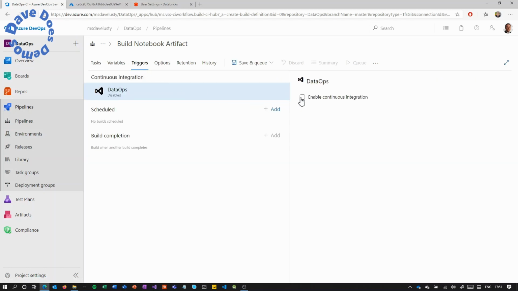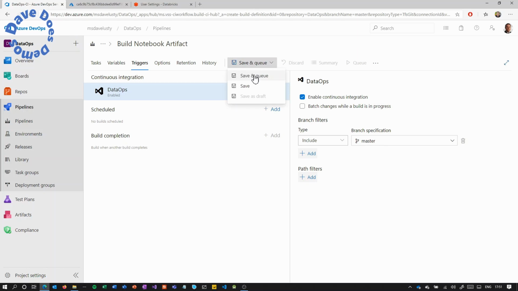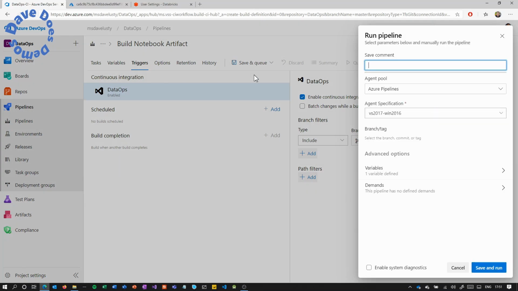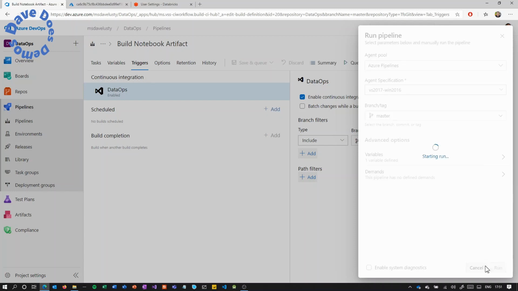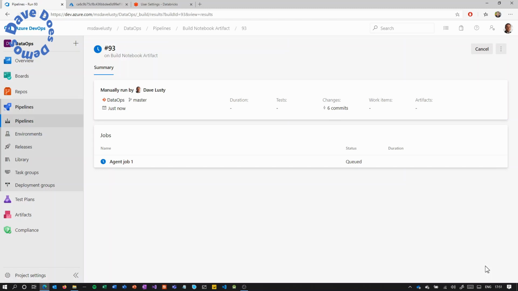So we're going to set the trigger to enable continuous integration. This means that every time we do a pull request into the master branch, which is specified there, that's going to automatically kick off a build. And here we're going to do save and queue. Because this is the first time, that auto trigger is not going to happen. We've already done the pull request, so we want to manually queue the first one, but next time it's going to happen automatically. And we're going to just next through that, and then it comes onto this build process